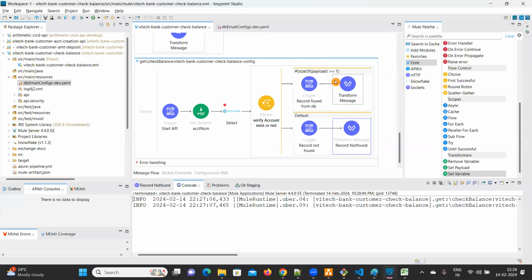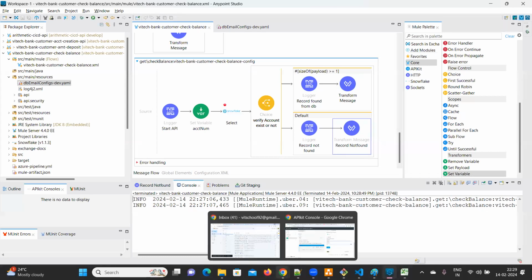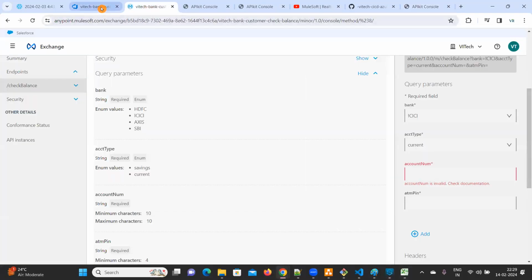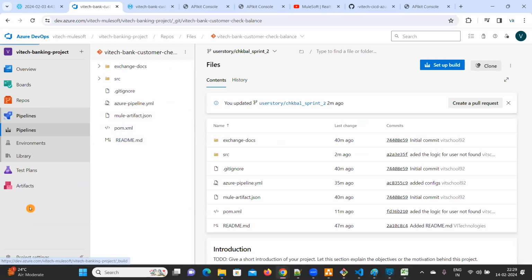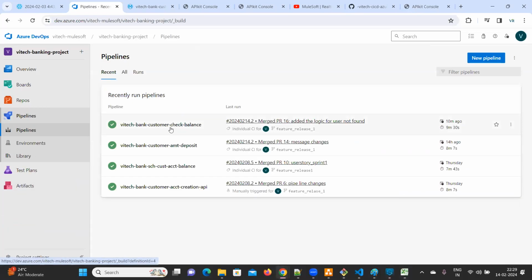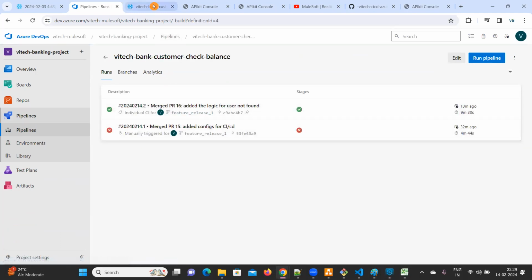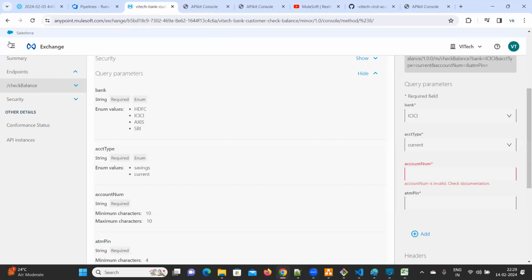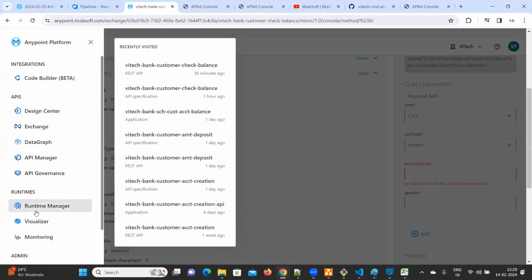It is going to check here. If the payload is 0, it will come to default. So that is what we have done, and in the next class we are going to complete this. Even if you see pipelines, see now the pipeline is successful. Check balance account. Okay, if you go to runtime manager,